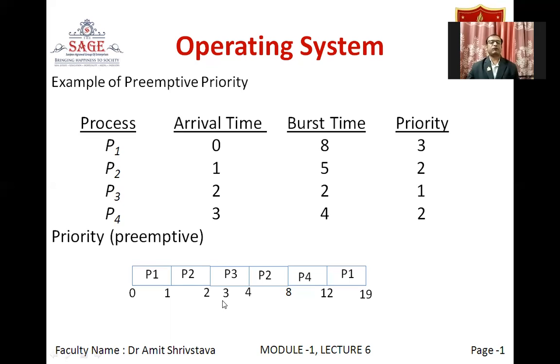Now after again 1 unit of execution, that is after 3 unit time interval, the new process P4 has also arrived. But we see here that the priority of P4 is 2, whereas the currently running process, that is P3, the priority is 1, that is the higher priority. So we will continue with P3. So the total CPU burst of P3 is 2 unit only. So we will continue from 2 to 4. The P3 is completed. Now, after the completion of P3, we are left with 3 processes, P1, P2, and P4.